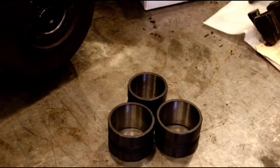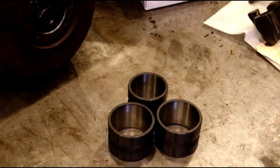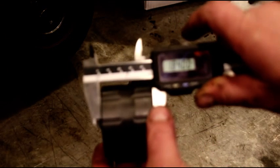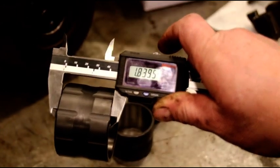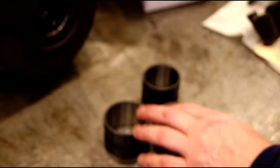Okay, everybody, back on the 465 rebuild, and we're going to assemble the main shaft today. Here are the bushings, and we talked about these before, but what you're going to get in your kit, I don't know if you can see that, 1-inch 840. Okay, 1-inch 840 on your first and second. Third gear is always the same. 1-inch 840, and